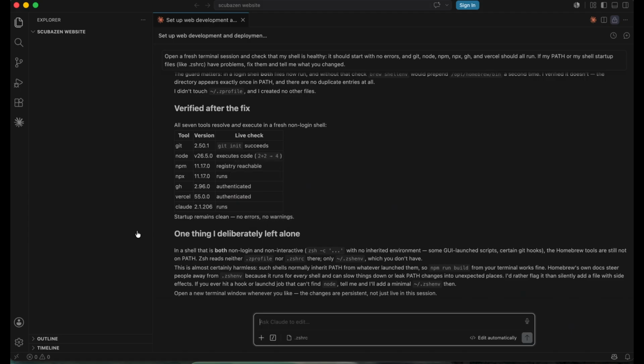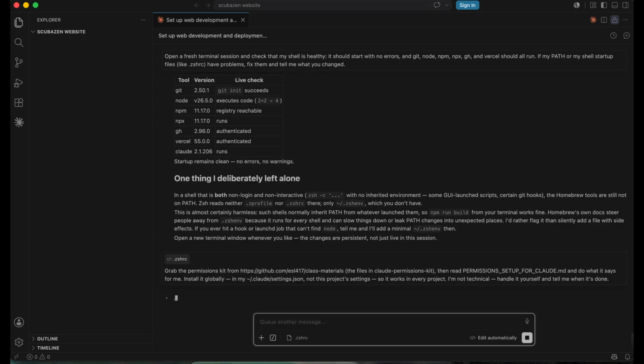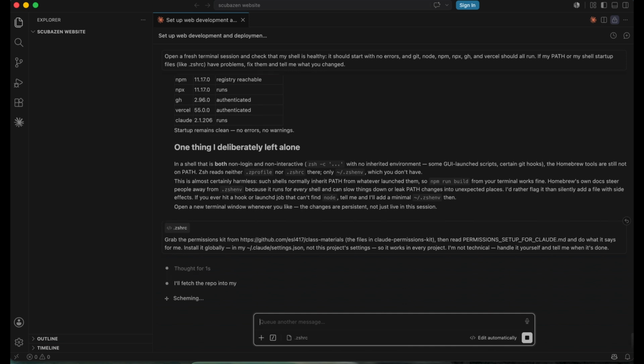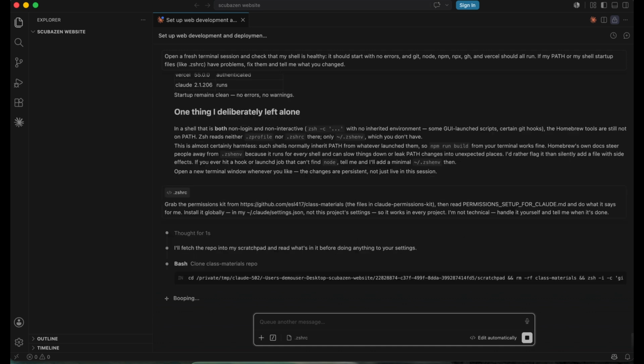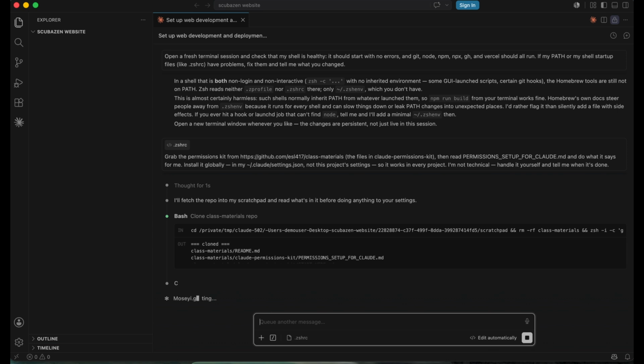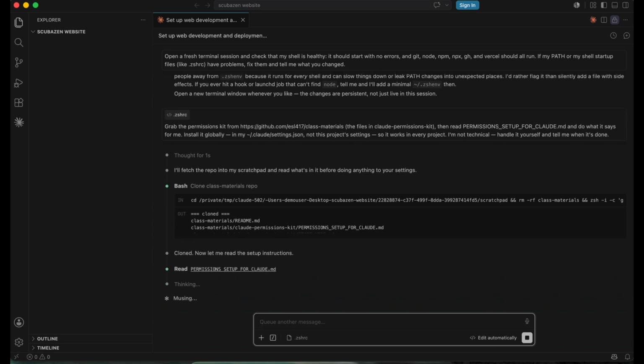So what you do is you copy this prompt and you give it to Claude. It's going to go to a repo I've released to the public, pull down the file and put it in the right location. That way, the next time you install Claude Code, or restart it, it will automatically be loaded and ready to go.